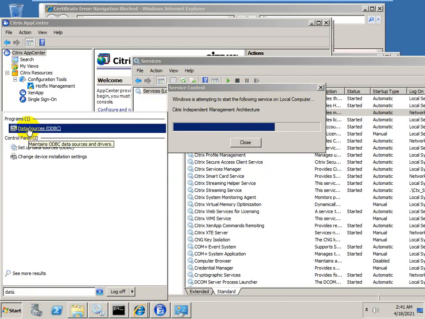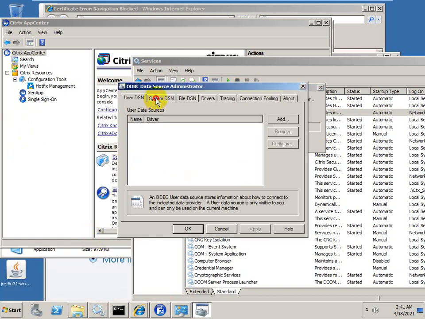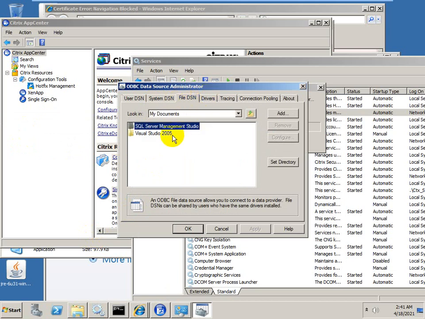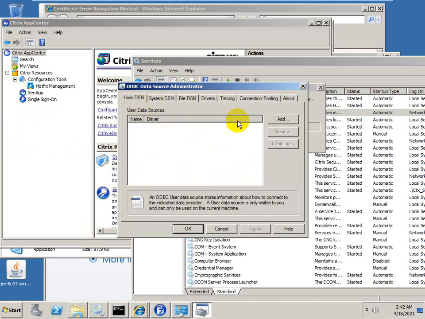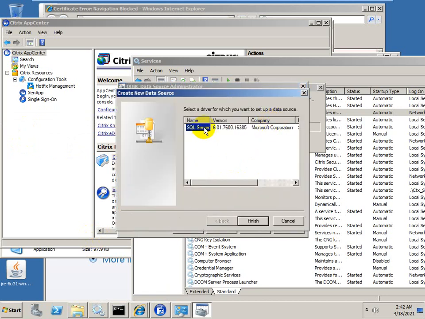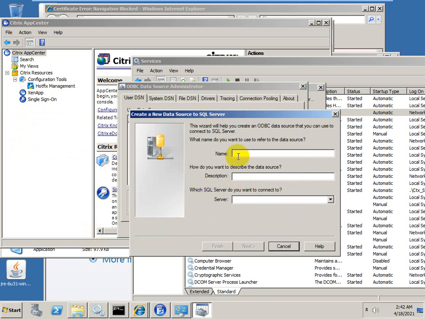And RDBMS, ODBC. What is the use of ODBC? With ODBC we create the data source. Under user DSN, you can add SQL Server. It will ask the name, MF20.DSN, description, everything.